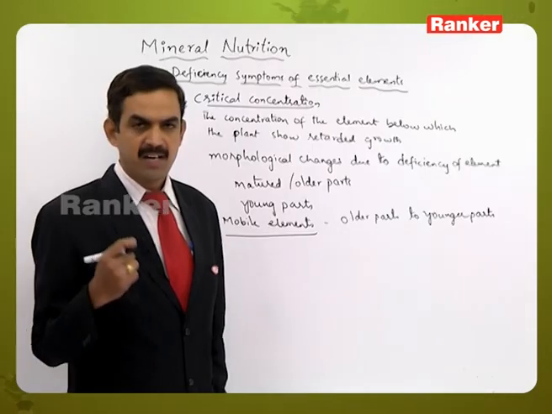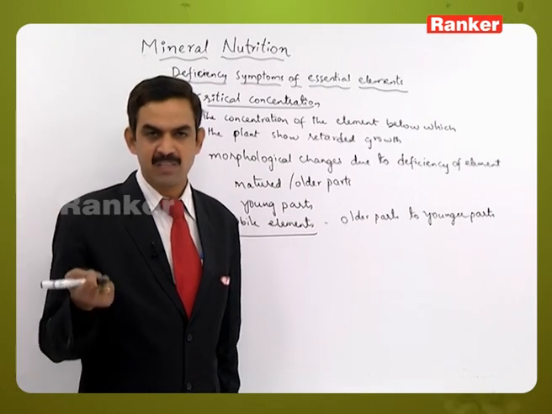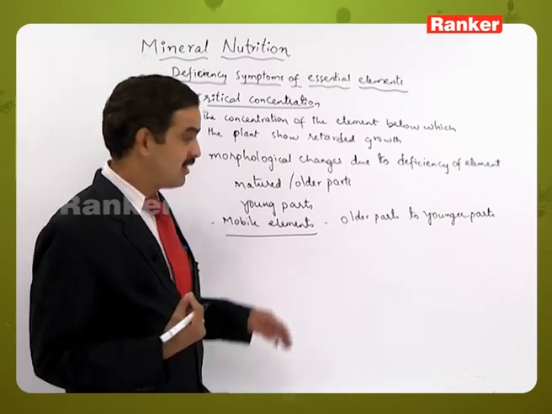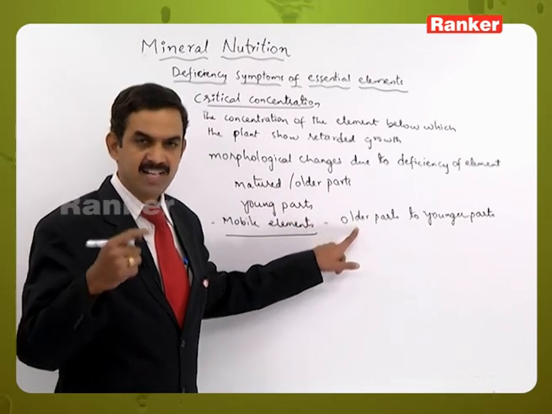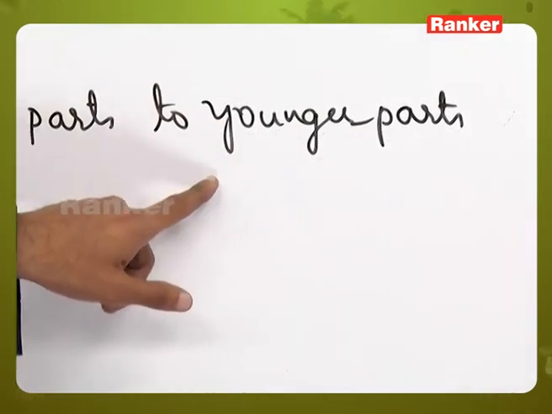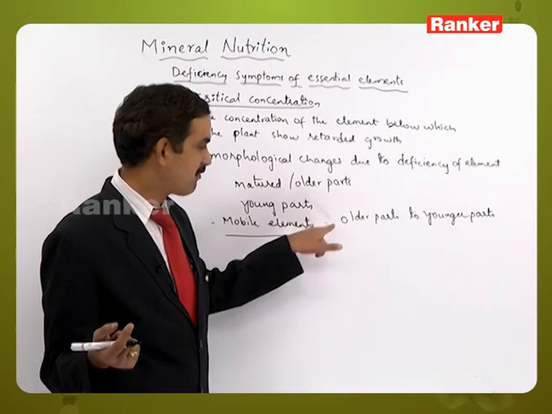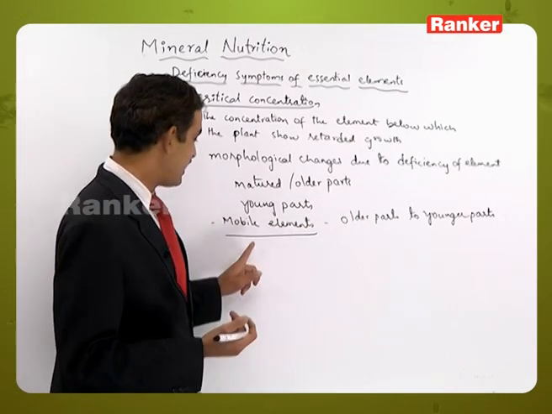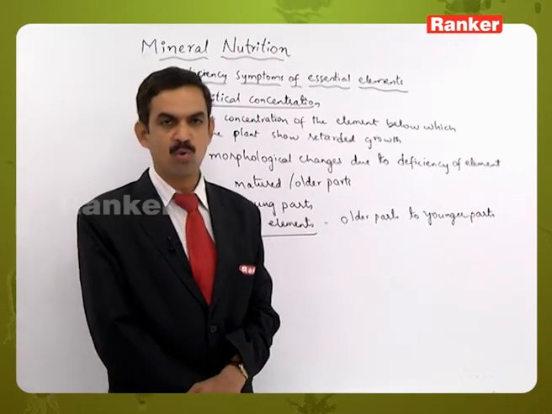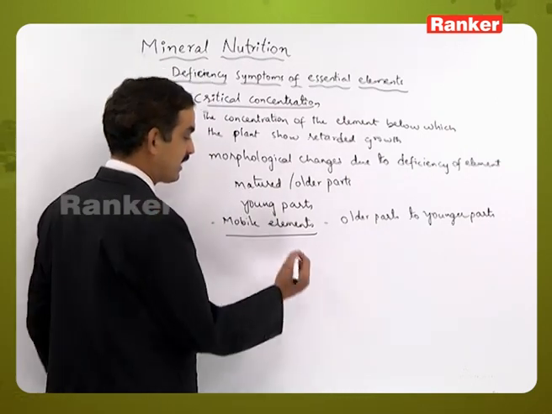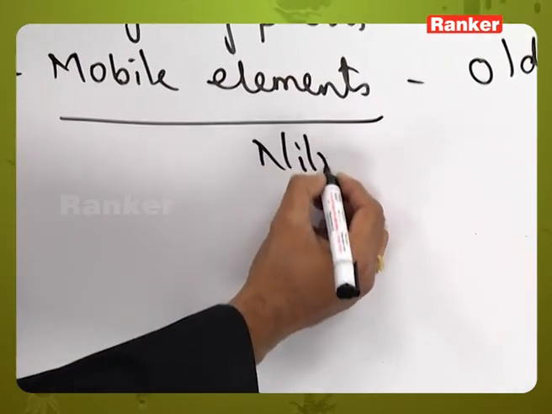If an element is deficient in the plant at a particular time, the element already present in the older parts of the plant body will be transferred to the younger parts. So now the deficient part will be the older one. That means when the elements are mobile, the deficiency symptoms are seen in the older parts of the plant body, like nitrogen,